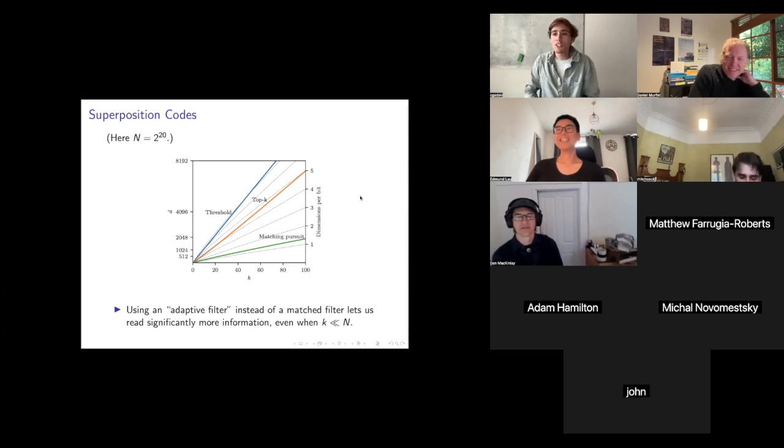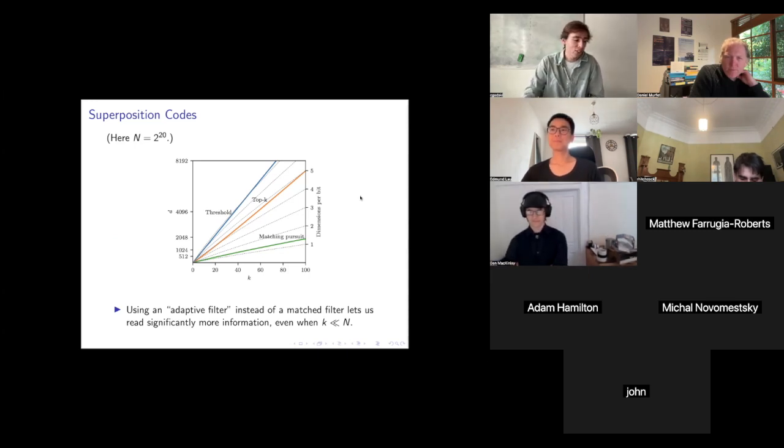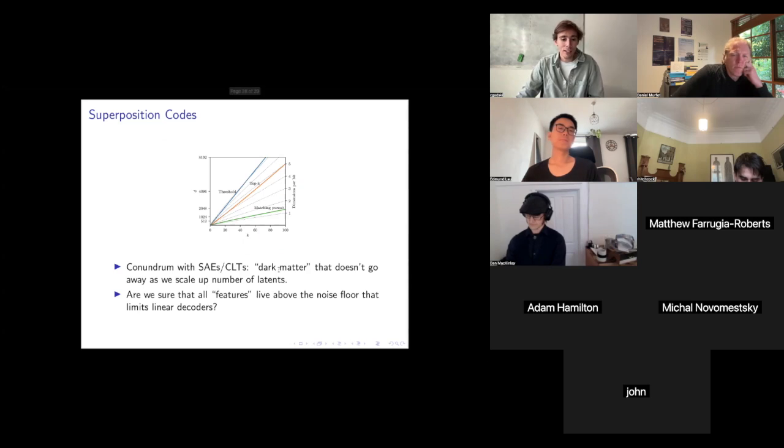Yeah, so the application to interpretability is not really straightforward. I'm not saying oh, we should go in and replace sparse autoencoders with matching pursuit decoders or something. The application to interpretability for me is more conceptual. It basically just comes down to this question, right? There's a problem people have been looking at, right?